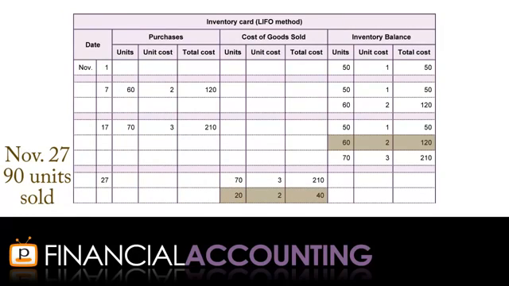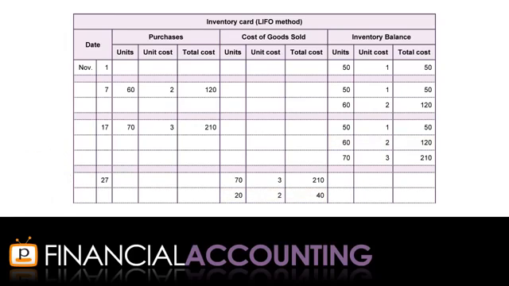The inventory balance is recorded on a line-by-line basis for each unique unit cost by taking the previous inventory balance and subtracting the number of goods sold at that unit price. None of the units sold were assumed to have cost $1, so the 50 units at $1 is transferred to the first line in the balance columns. Of the 60 units at $2 each, we assume that we sold 20, leaving 40 units at $2 each to be recorded in the balance columns. Since we assume that all 70 units at $3 each were sold,